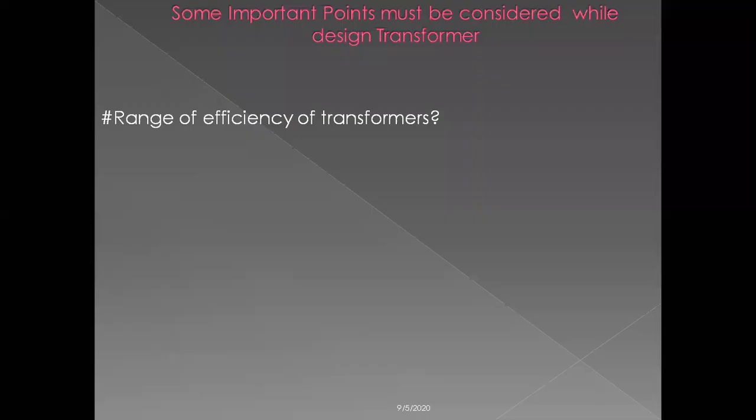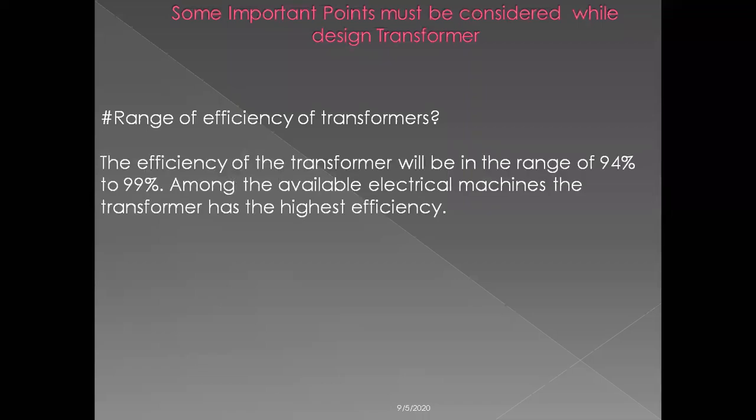So whenever you have a design idea, you should keep in mind what is the maximum efficiency you can attain. And you can see that the efficiency of the transformer will be in the range of 94 to 95%. And the transformer is one of the machines, among all other machines, which has the highest efficiency. That means whenever you have to design a transformer, your first and foremost criterion is that the efficiency cannot be reduced